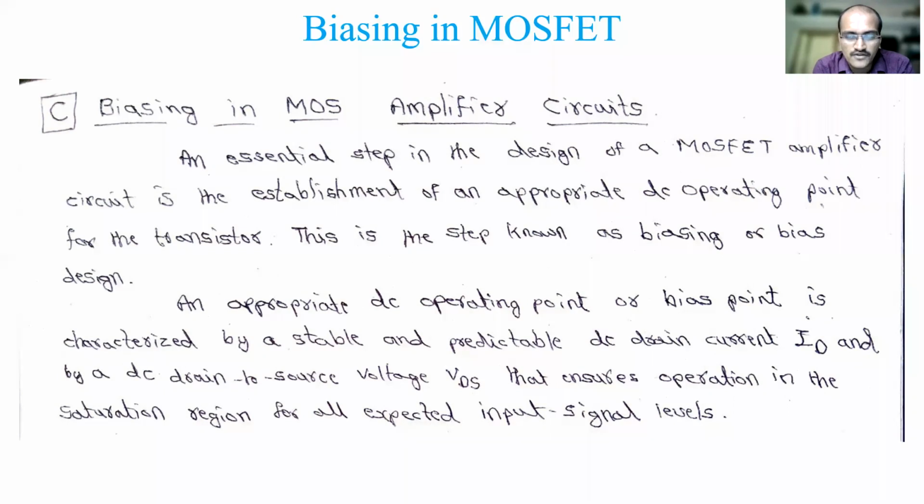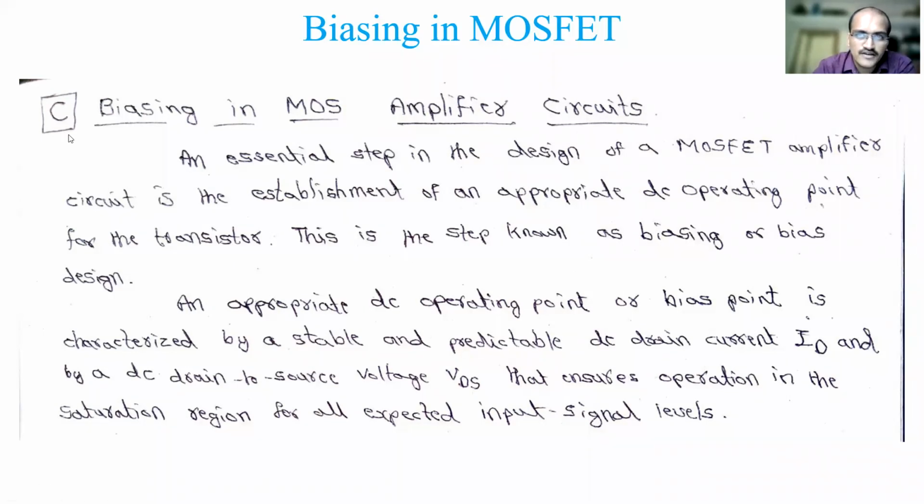So we need to design various bias circuits. If a bias circuit varies the ID value, that is called a spread, the spreading of ID. It should not be large; it should be within a limit. That is the second thing. And third, there are many process parameters like mu n and Cox, which we have seen, and they should not vary with temperature. All these things we need to consider in designing a MOSFET.